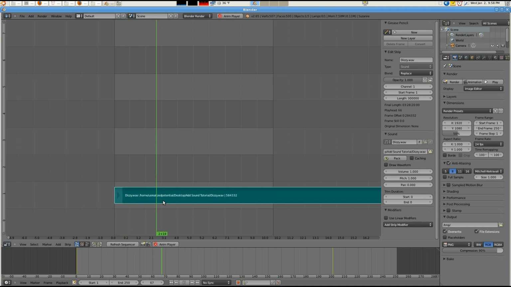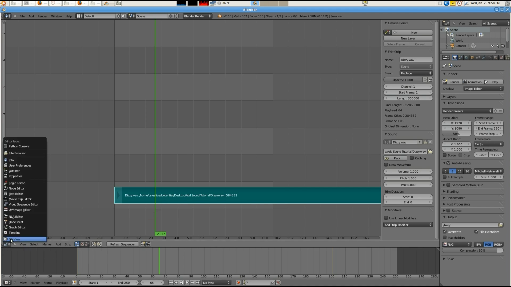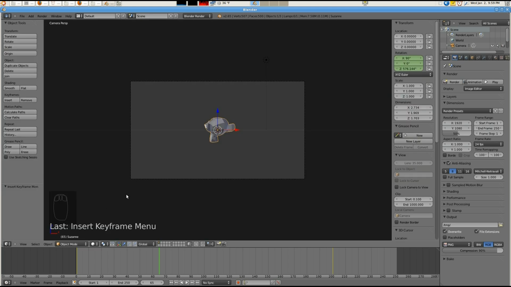I don't know if you can hear that playing. Let's go back to 3D view. Go to frame 1, press Alt A. Now we have sound,